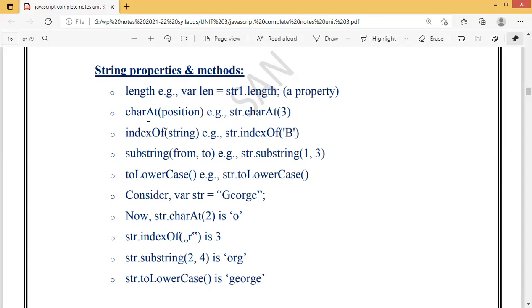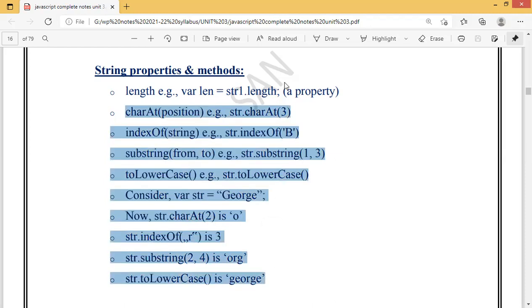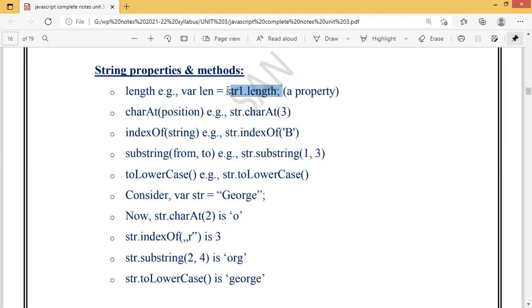str1.length is a property. Now, the second one you can see is charAt. So what is this charAt? charAt is one of the string methods.